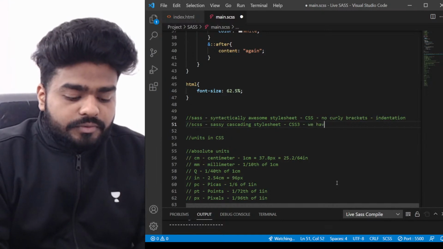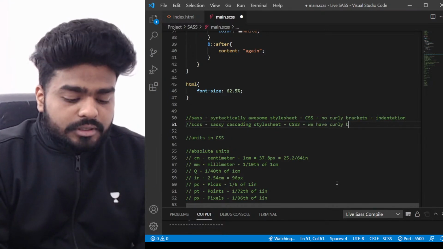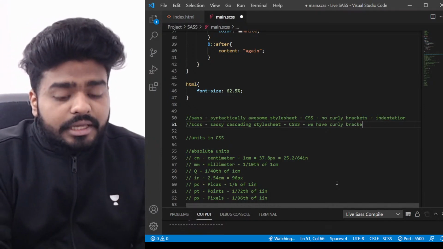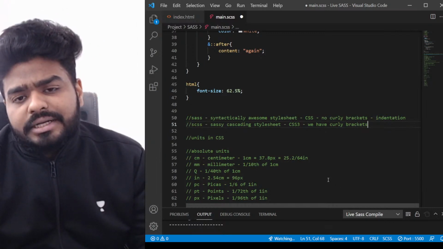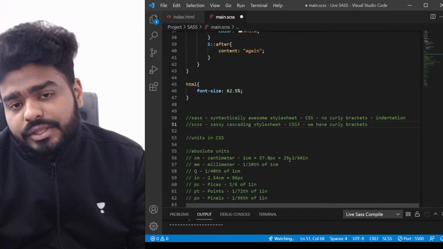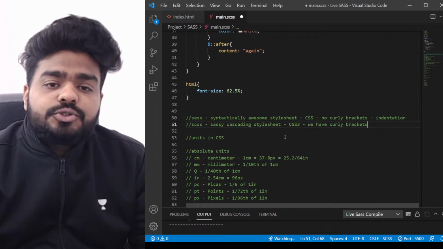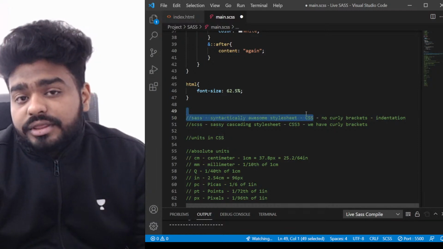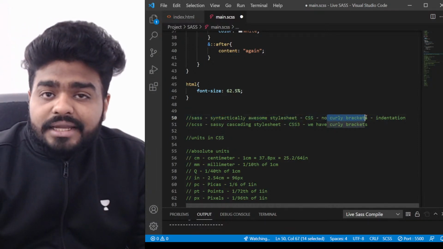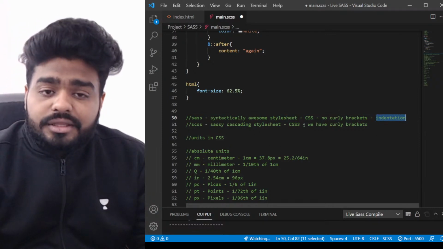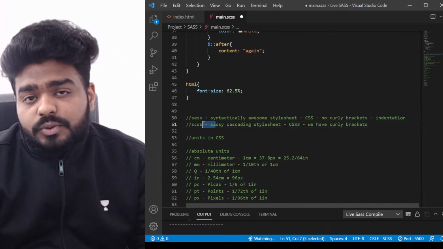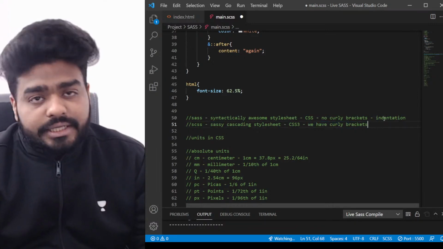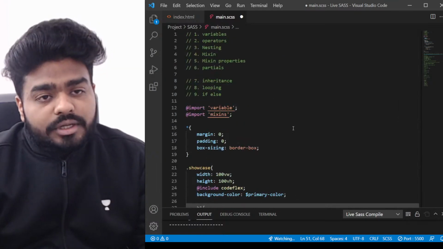So here we have curly brackets. I've already shown you an example, but if you have not understood, don't worry, nobody is going to ask you this. But for your knowledge, you should understand that SASS was used when CSS was not having any curly brackets; they were using indentation. When CSS 3 came into the picture, this name changed into SCSS, and here we use curly brackets, not indentation. So that is what it is all about with